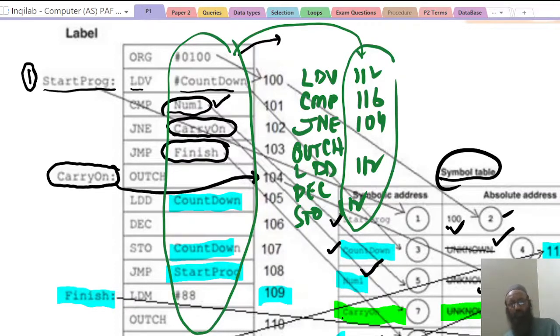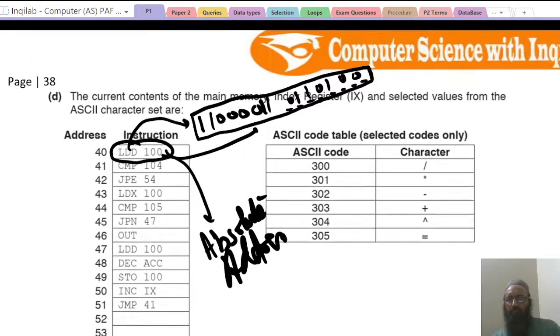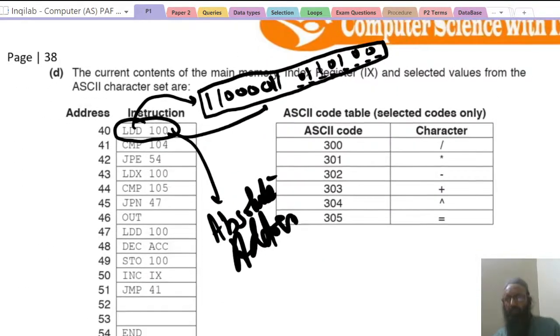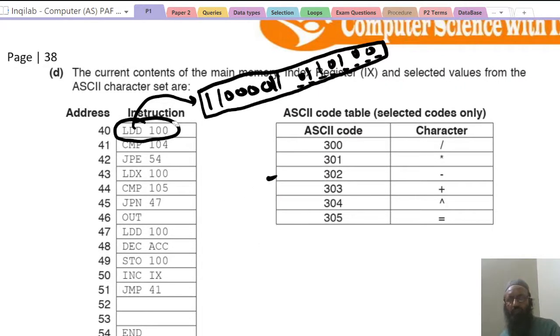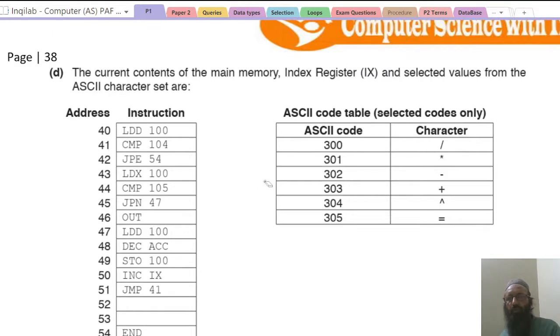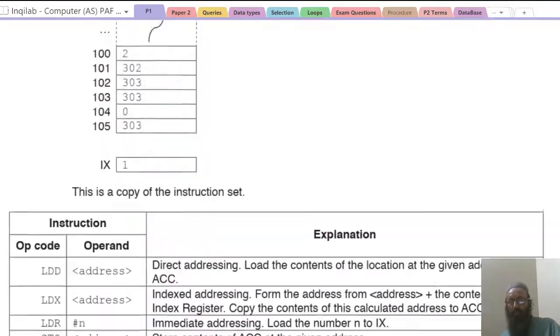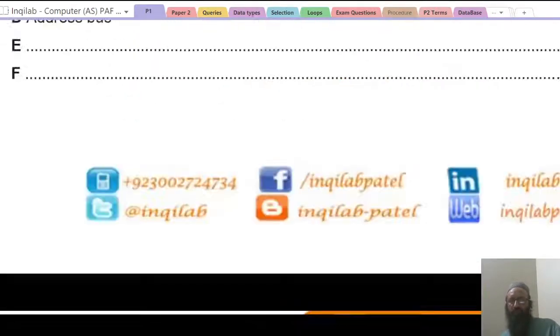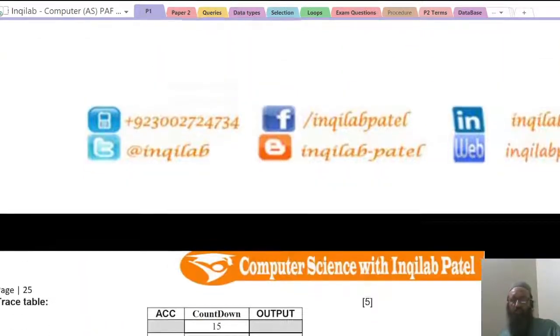For example, we have a program here. If we have this program in assembly language, then at the translation stage, firstly we will translate LDD into binary and then 100 into binary, CMP into binary and 104, JPE and 54, LDX and 100. But if we have this program,